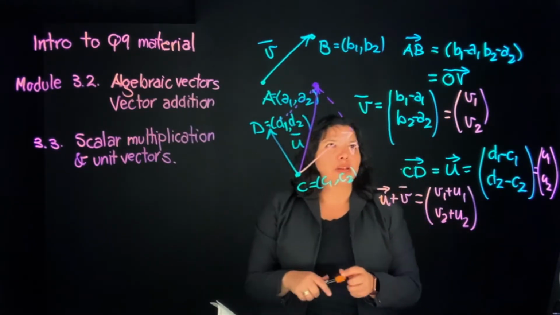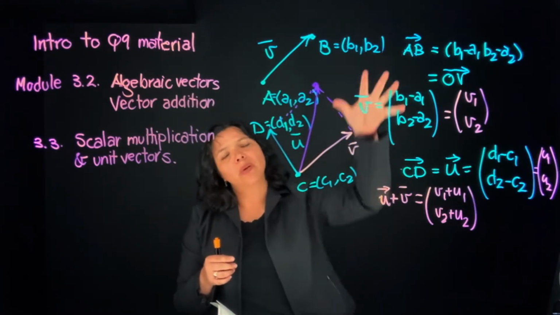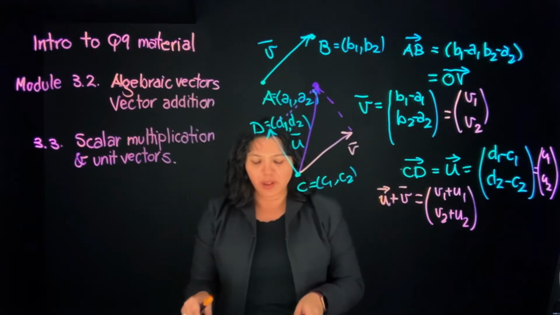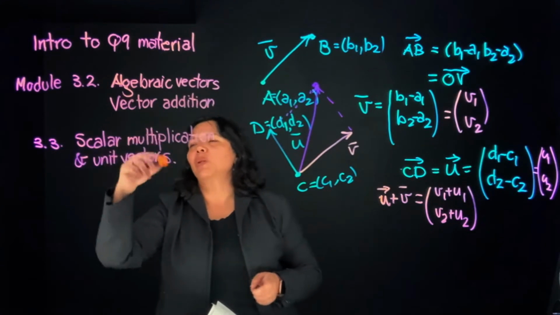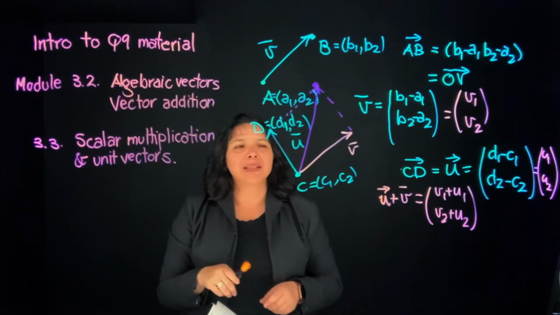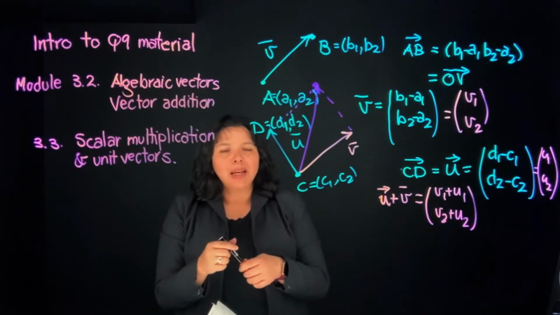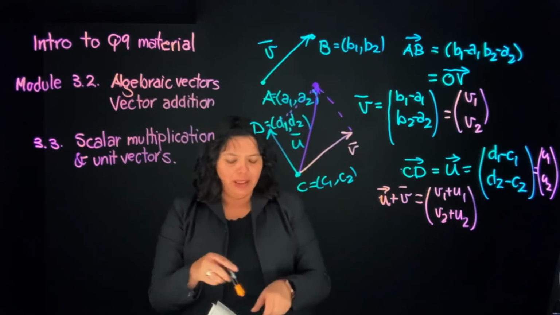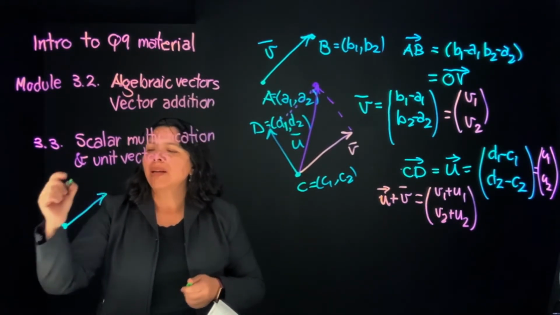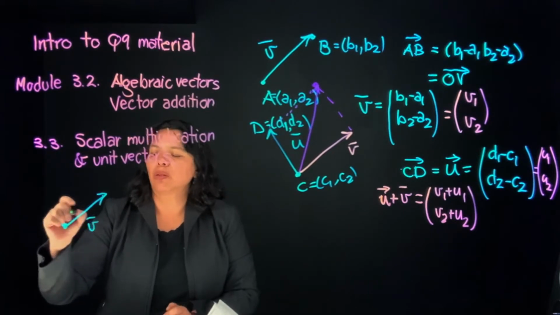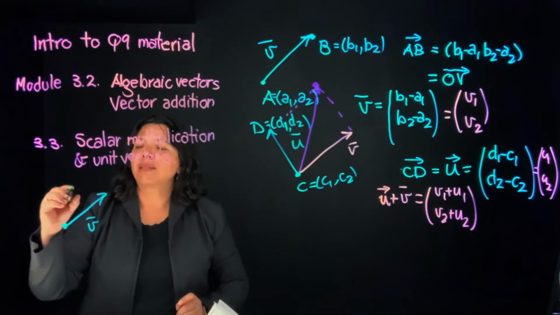So that's an introduction of what you should feel comfortable with. Your textbook has a more detailed explanation about this, and it's pretty cool. And the last thing that I want to talk to you about for this video is scalar multiplication. So the idea about scalar multiplication is, say I have my v vector here, and I want to multiply it times 2. So if I multiply times the scalar 2,